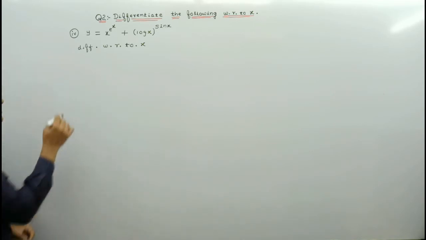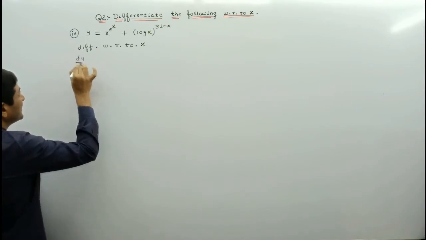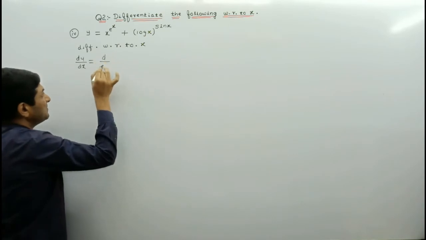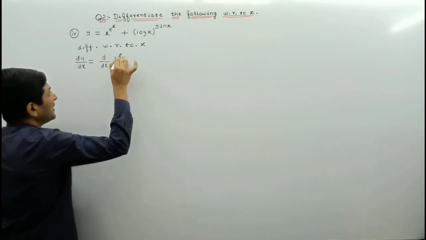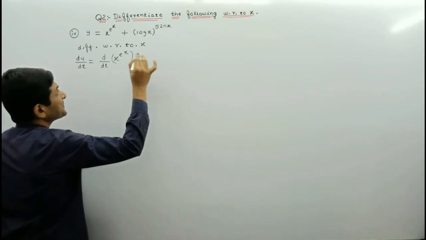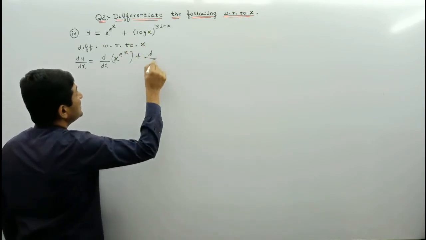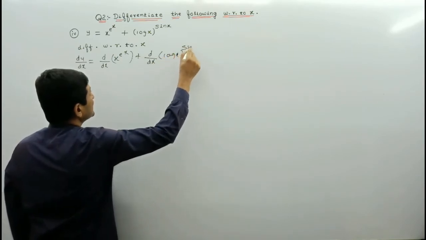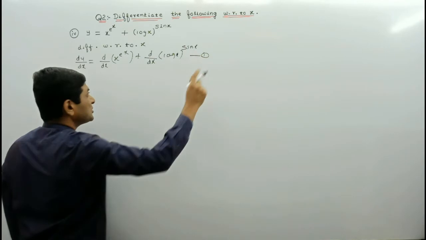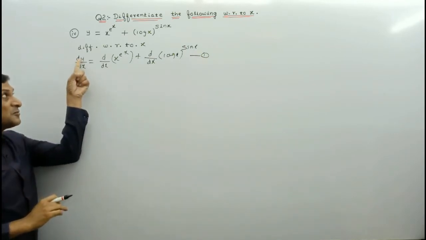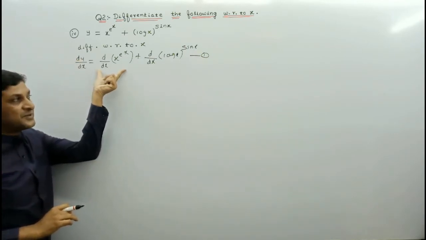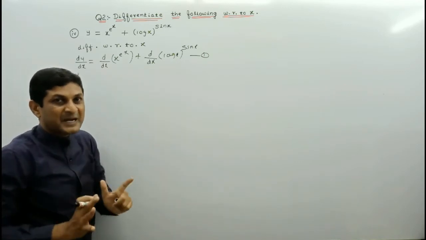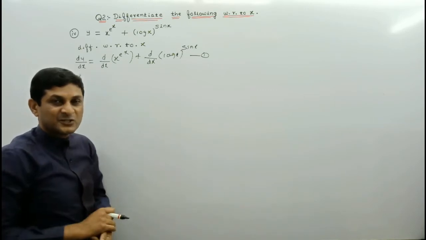So first find out the value of dy by dx. We are differentiating it with respect to x. So dy upon dx is equal to derivative of first term, d by dx of x raised to power e raised to power x, plus derivative of second term, d by dx of log x raised to power sin x. Let us denote this equation by equation number first. To find out the value of dy by dx, first we will require differentiation of first term and then second term. But this differentiation we have to find out separately because the functions are in the form of f of x raised to power g of x.